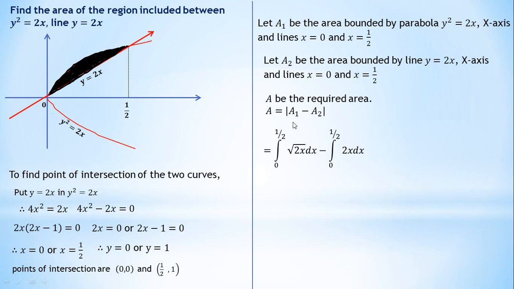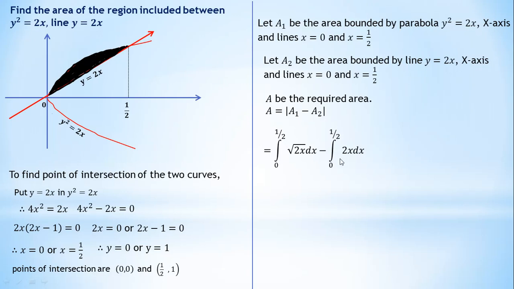So here, if you want to find out the A1 area, then as per the application of definite integration, we have to take the integration from 0 to 1 by 2. Lower limit is 0, upper limit is 1 by 2, of the function y is equal to f of x. Now function means here, the upper boundary is what? y square is equal to 2x, but our function is y is equal to f of x. So as y square is equal to 2x, we get y is equal to under root 2x. So we have to integrate root of 2x dx minus A2.